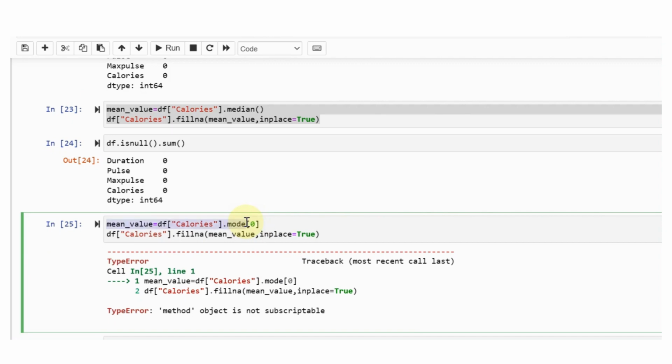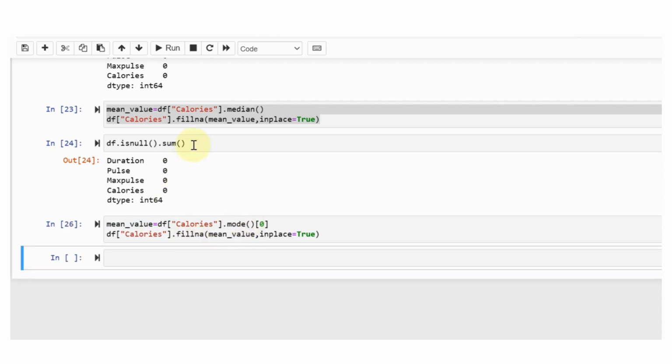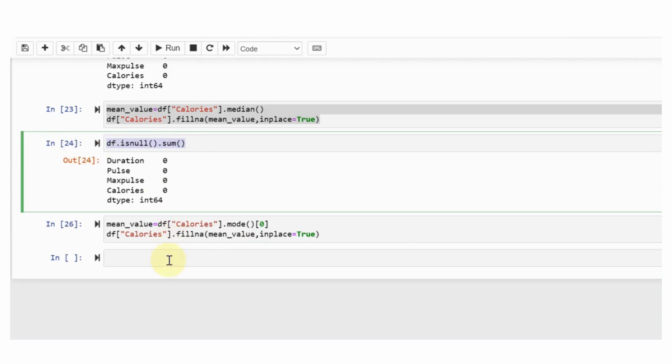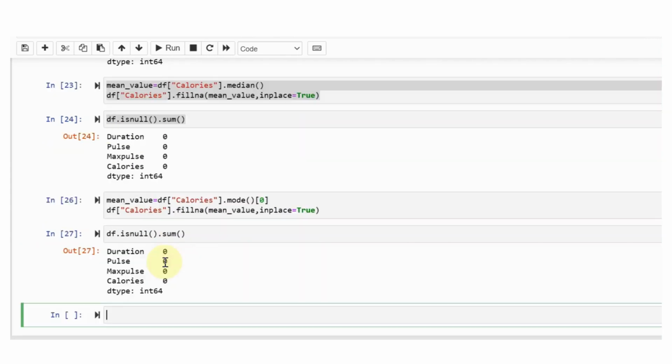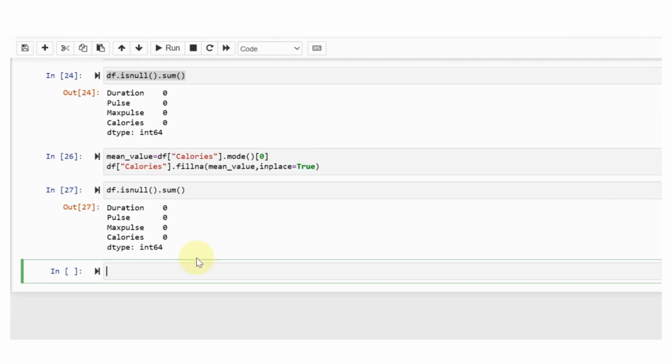How to check the mode value: check the mode value and fill using the mode value.